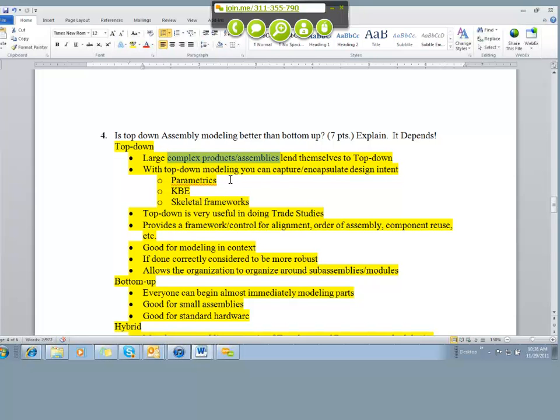Top-down approach allows you to kind of capture parametrics, knowledge-based engineering. It works off of a skeletal framework. It's great for doing trade studies. It really provides a framework for control of